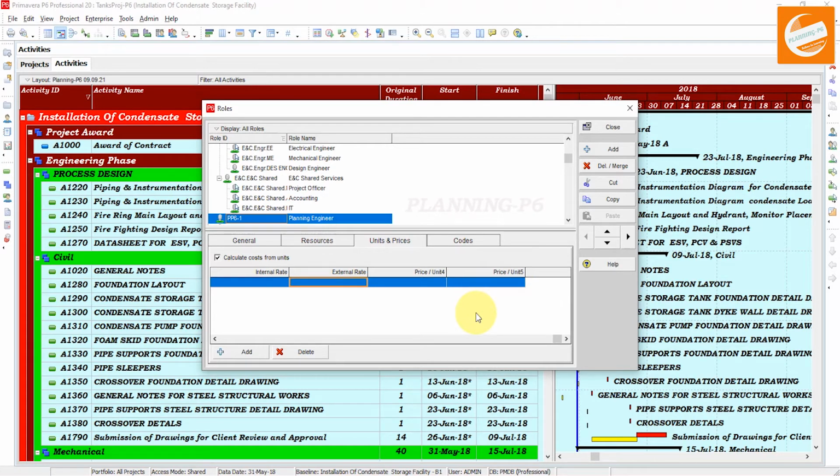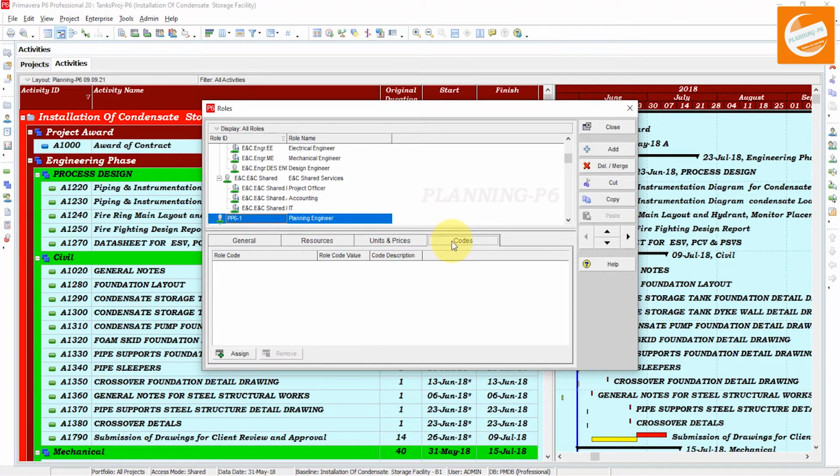In my rates tutorial, I explained in detail how you can add and change to calculate the cost. You can watch that tutorial and calculate easily. But here we will add only the standard rate. As you know, here is the option of the code. In this version, there is an option for codes.